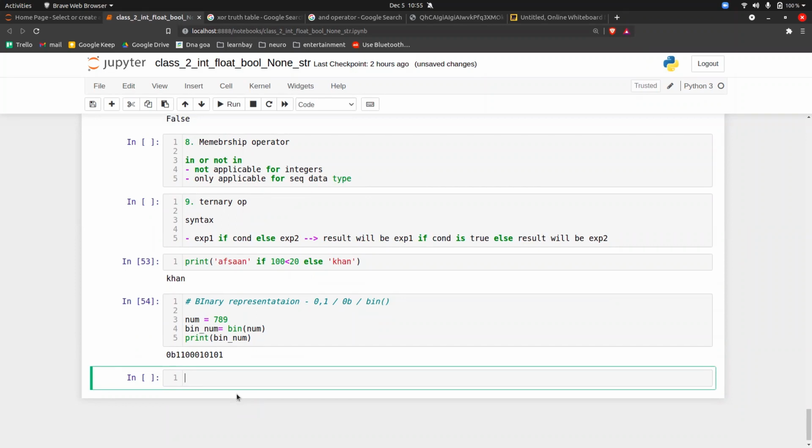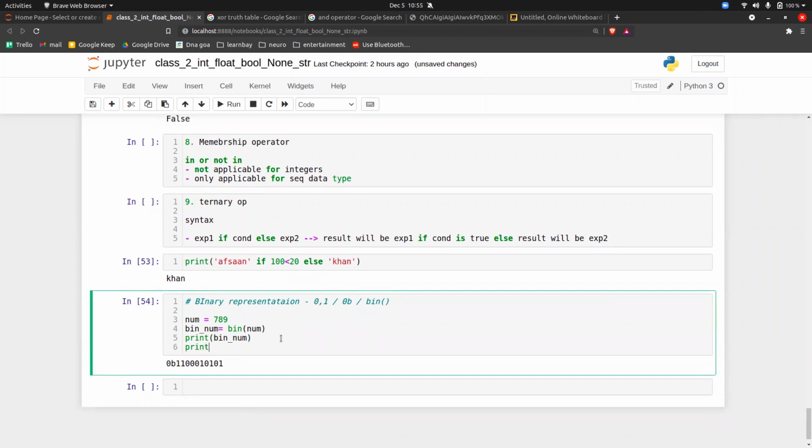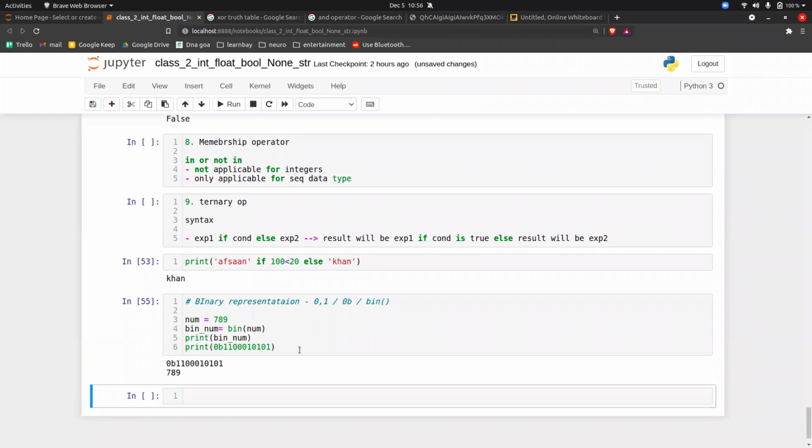Now, if I want to convert this binary number back to a normal number, what you have to do is just type print 0b and whatever is present inside this, copy and paste it here, execute it, and the answer is 789. So this part you know: how to convert to binary and binary to number. Okay. The next thing that we're going to see